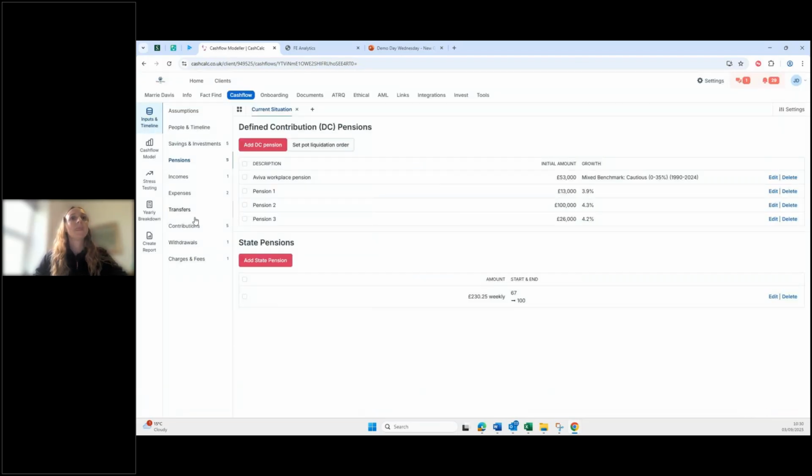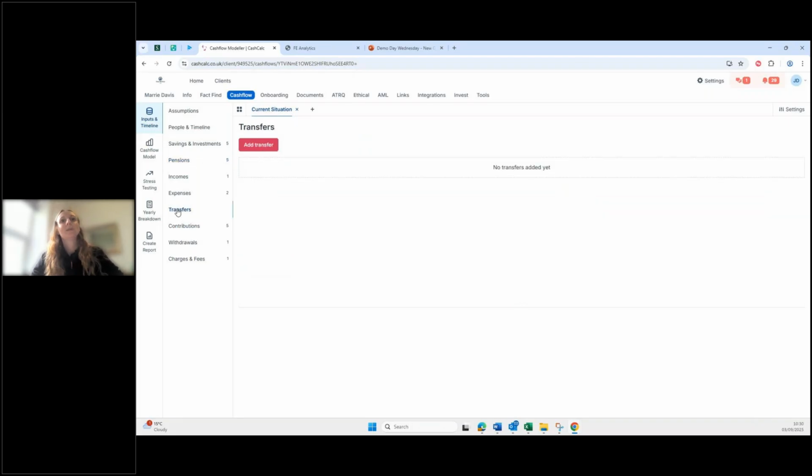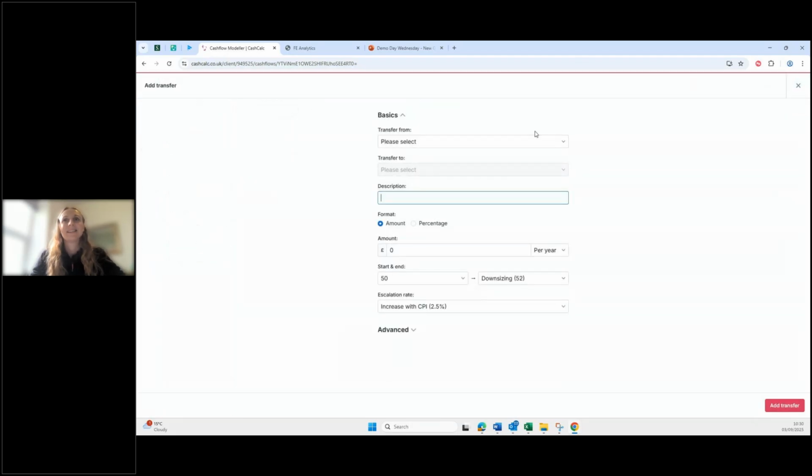Excellent. So this new feature, we've got a tab along the left hand side for transfers, and there's a couple of different use cases for this. I've chosen to show it as a pension consolidation exercise, but other really good use cases would be bed and pension, bed and ISA, spousal transfers if you've got money moving between joint clients. But if I go over to pension transfers and click to add the transfer,